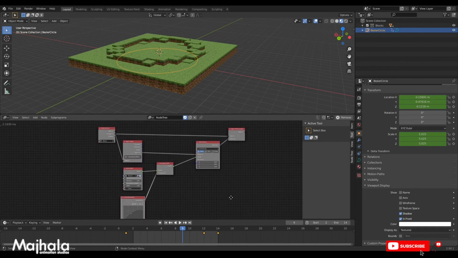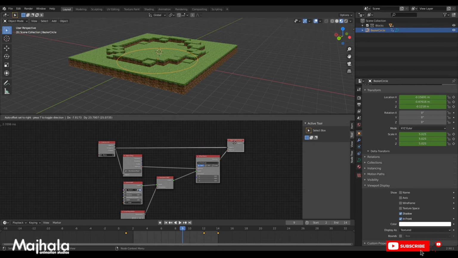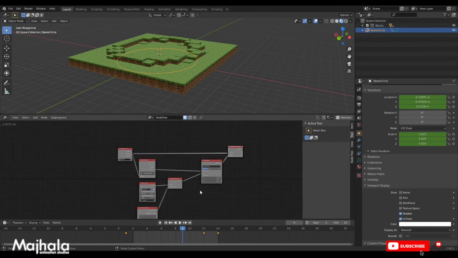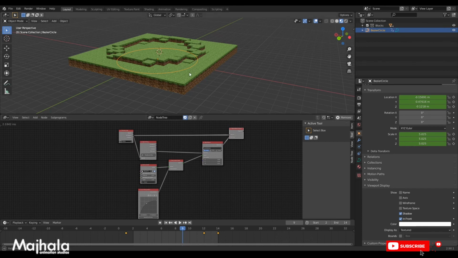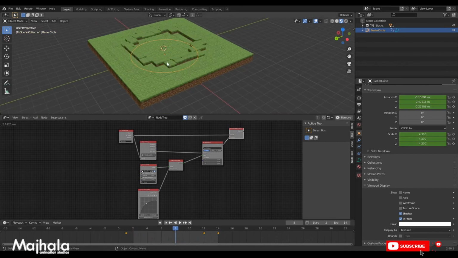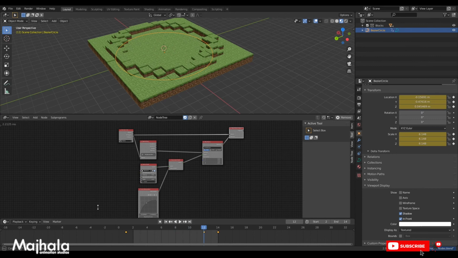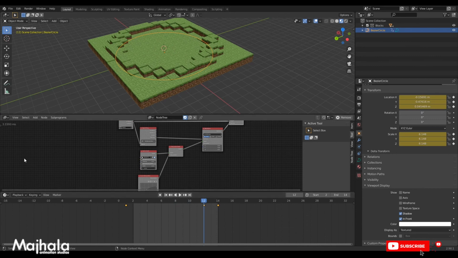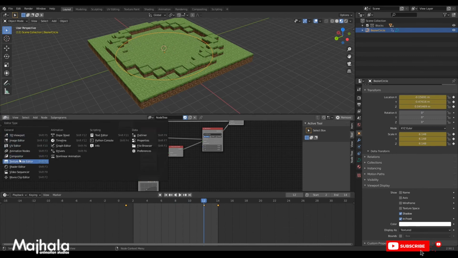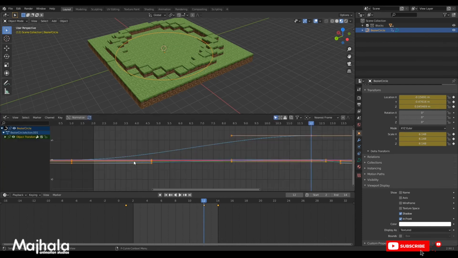So this is the animation node, the node that we are using to have this kind of effect. You combine this one with a spline, what is called a curve, and then you'll have the same effect. So from there, I want to have something on my curve. I need more control,